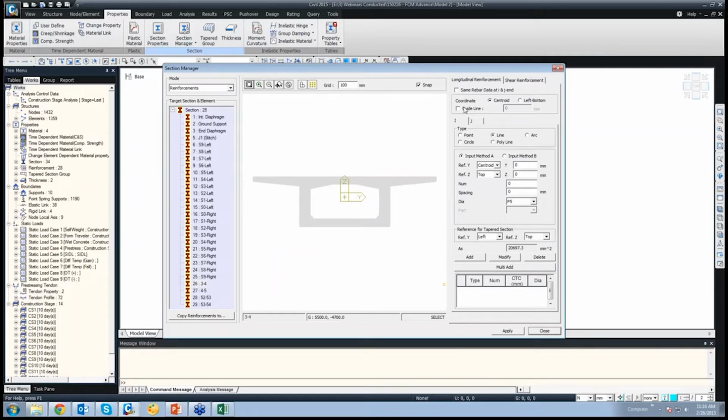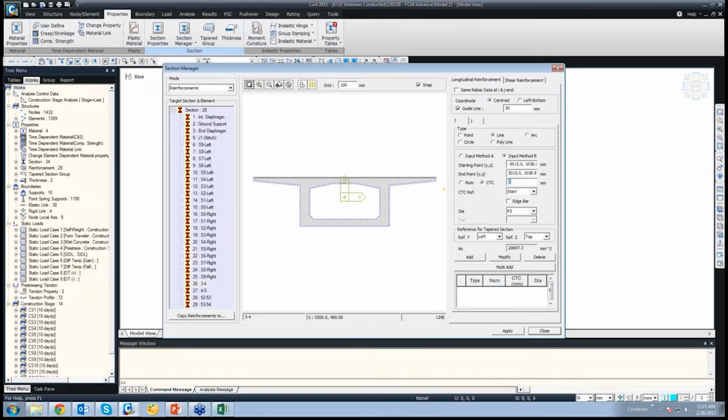Okay, then usually we provide a cover to the reinforcement. So say the cover provided is 50 mm. So the guideline is shown in this section. It is 50 mm inside the section dimension. We have to give the reinforcement now. So say there are two ways. Let us go for input B. So we just have to click in this section where we want to give the reinforcement. So if we click over here, we extend it to this point. Okay, so this line is drawn.